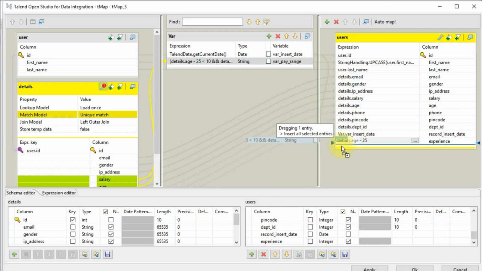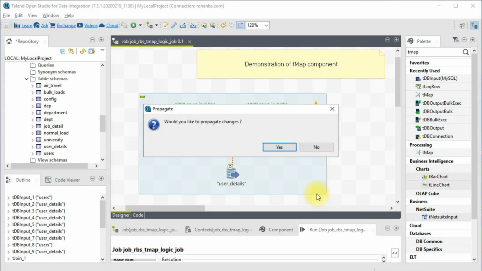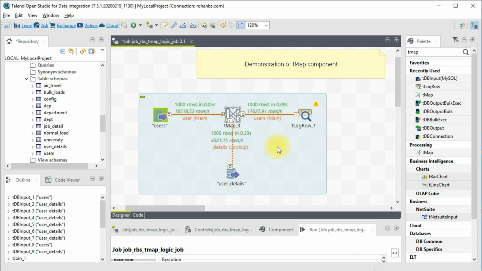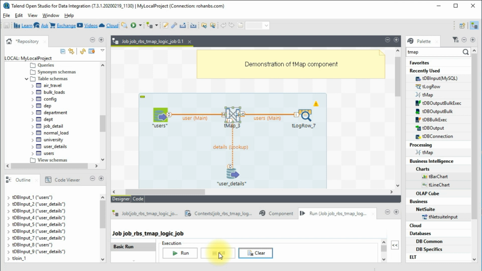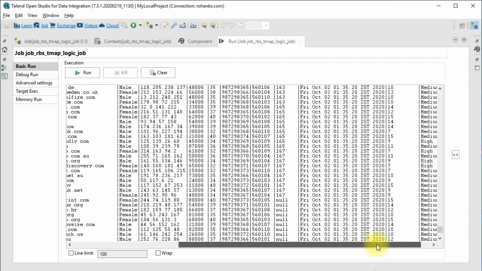and let's pull this column as well at the end, and let me rename this to pay range. All right, so now we have added two additional fields in our tMap, and let's go ahead and run our job. All right, I'm executing my job. Okay, I'll maximize this. As you can see, all the details are printed,